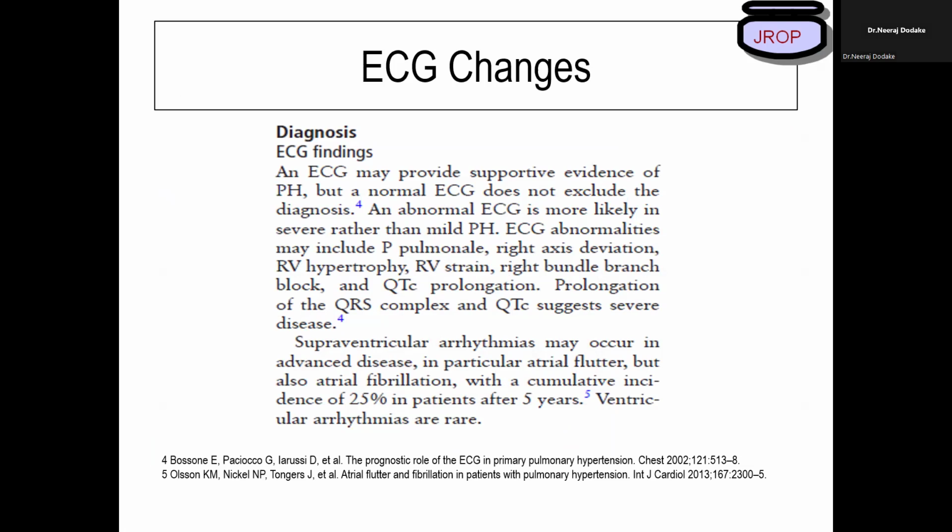We have a P pulmonale, tall P, almost more than 2 small squares, right axis deviation more than 110 degrees, RVH, inverted T wave in leads V1 to V2, RV strain, RBBB, prolonged QTc. And the presence of prolonged QTc in the presence of pulmonary artery hypertension suggests significant disease. On the contrary, a patient presenting with post-capillary PH can have significant coronary artery disease, atrial fibrillation, and other factors giving rise to